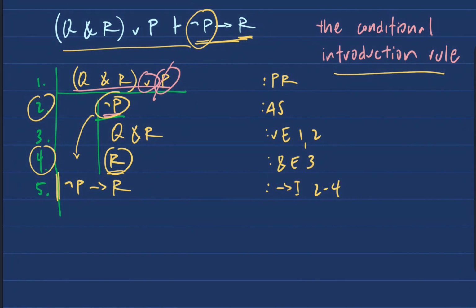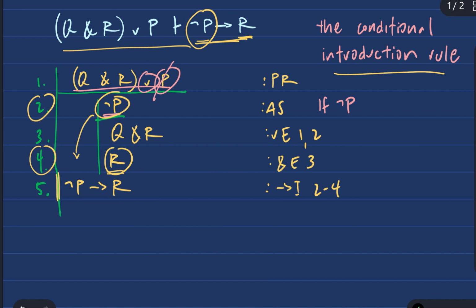Okay, this video is a continuation of the previous one, and I'm just going to explain a couple of things about using the conditional introduction rule. First, when we have a subproof, as I've said, we start that subproof with an assumption. So essentially, we're saying if this assumption is true, then what follows? So we can express what we have here as